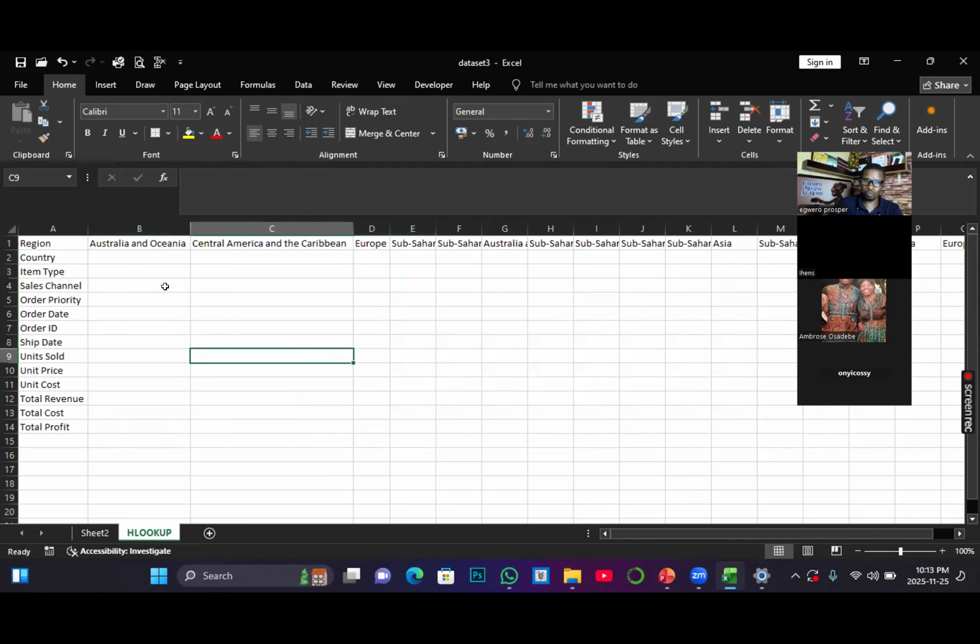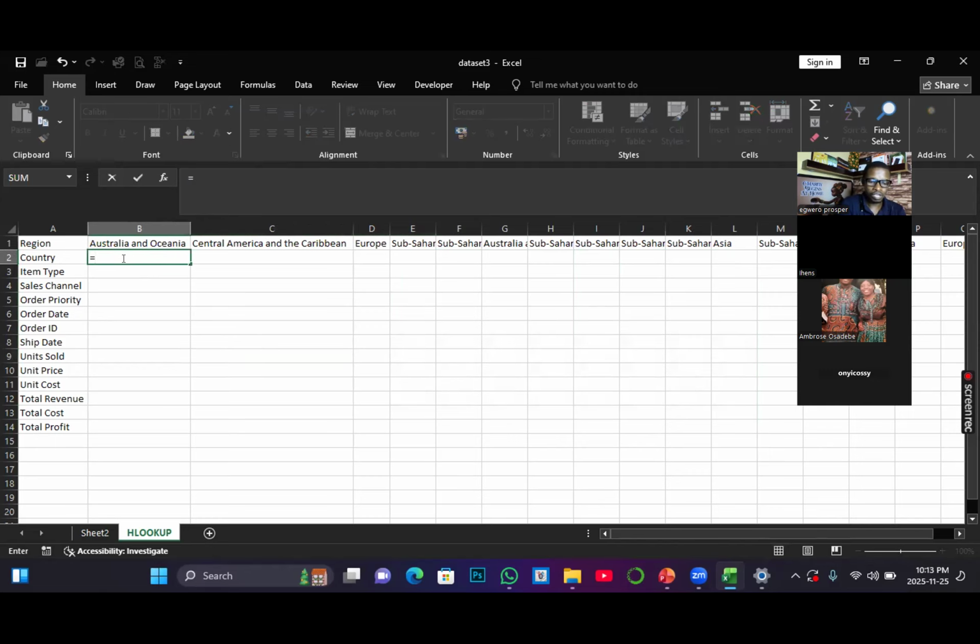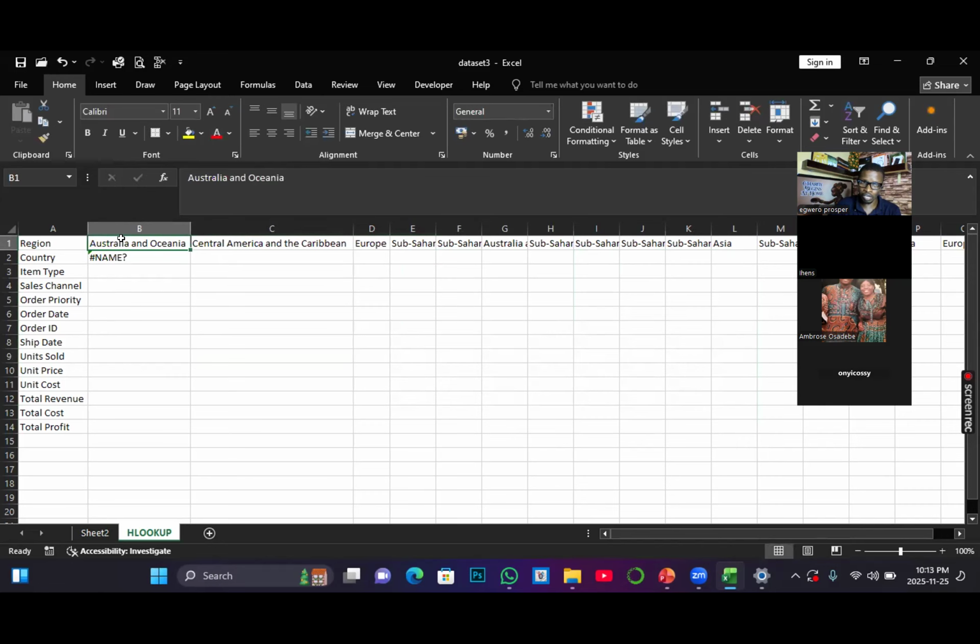Now, supposing this same data structure, we want to use XLOOKUP. Oh, unfortunately, I don't have it here. Now, let me just explain it. I want to use XLOOKUP on this horizontal data. So the lookup value will be here. Then comma, the return array. The return array or